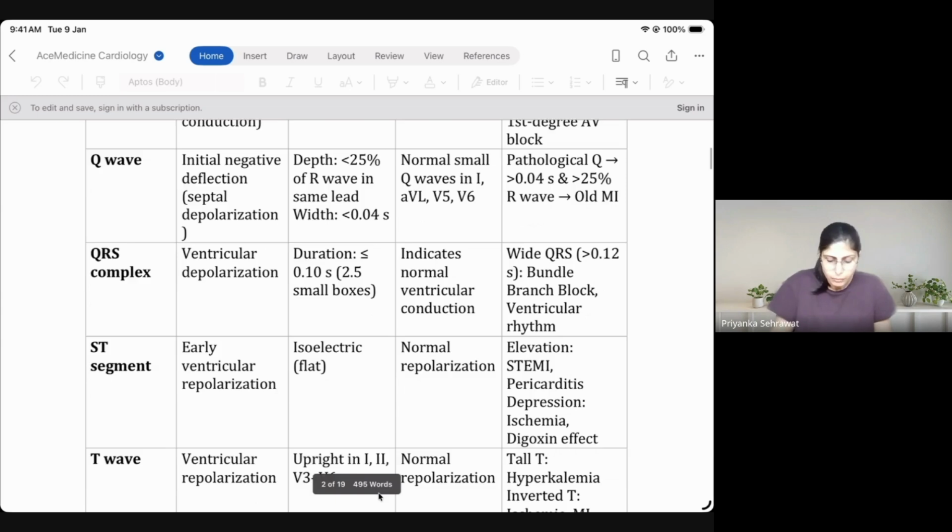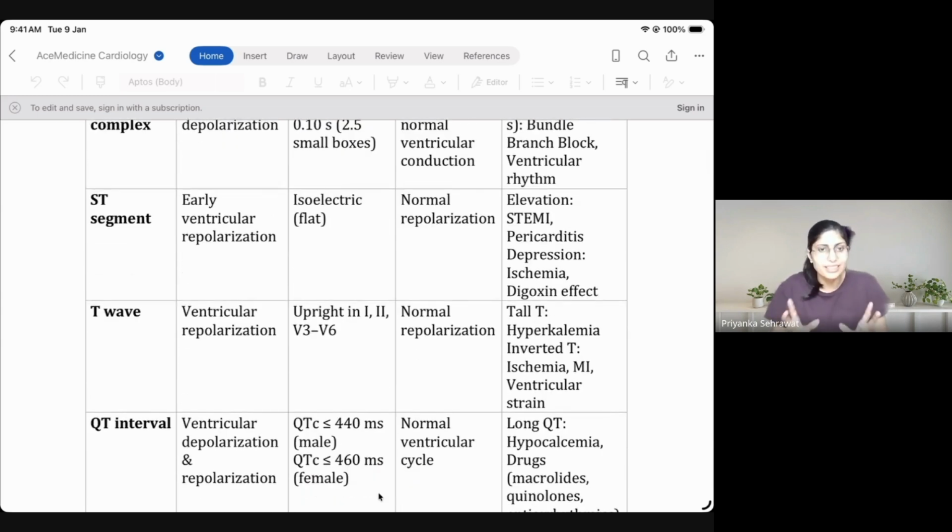Okay. When we talk about ST segment, that is our early ventricular repolarization. Our T wave is our ventricular repolarization. ST segment is the isoelectric time where there is no current passing, so the ECG needle is not moving. So we get a segment, we get a line, isoelectric line. It denotes early ventricular repolarization where the current is held. Current is held for few seconds, right?